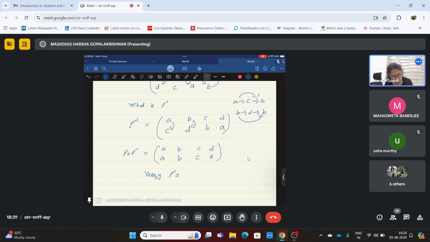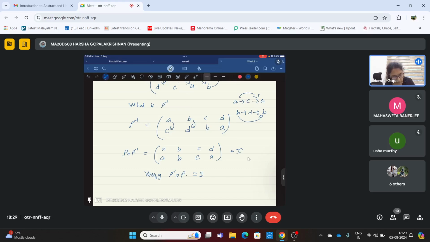Rho inverse composite rho also should be equal to identity. Okay. So, to find the inverse is very easy. Just reverse the process. That's all. Okay. Now,